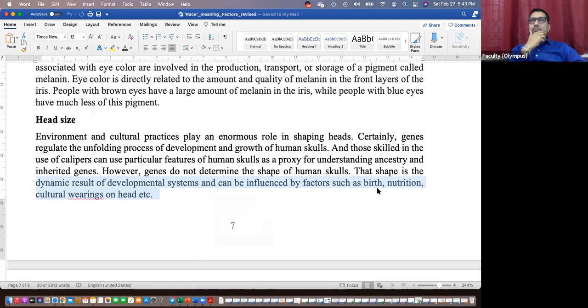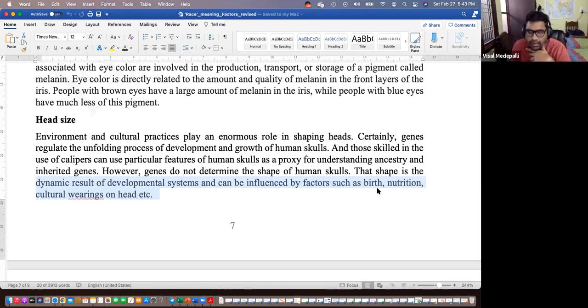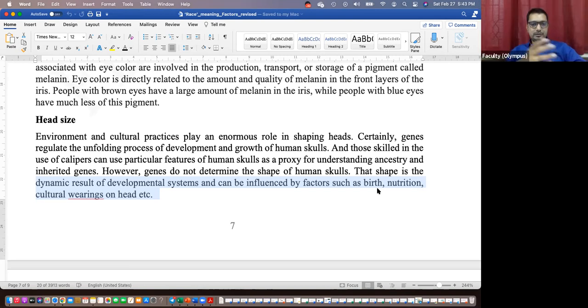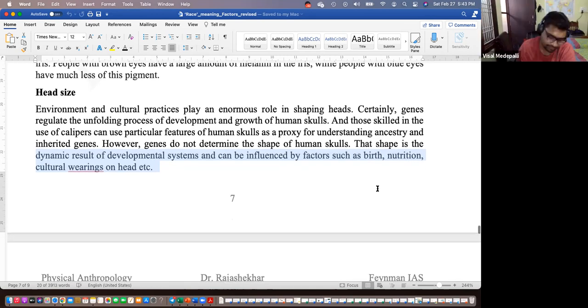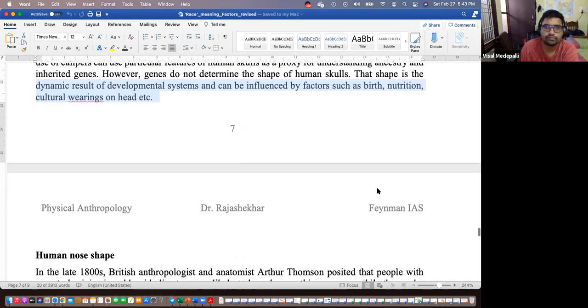And you might have seen, what is that movie? Three Idiots, right? They use a vacuum cleaner to pull the baby out. It would actually pull the head like this. It squeezes the head like this. So the shape of the head can be changed. And at that stage, the skull is also not fully formed, and it's easily moldable. Flexible. Sutures. We talked about gaps. The sutures are there, right? So that is the purpose of them, looks like. Okay, like that, head size is mostly controlled by various different environmental factors.